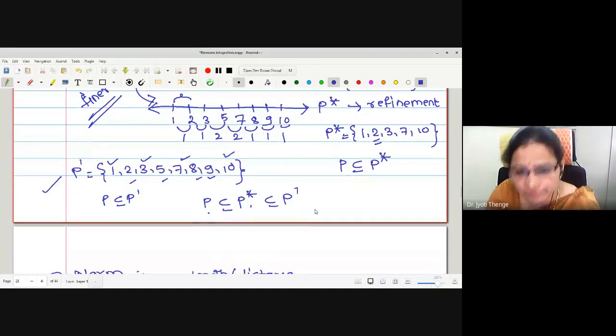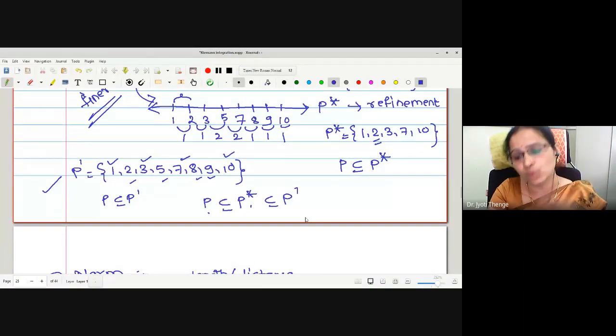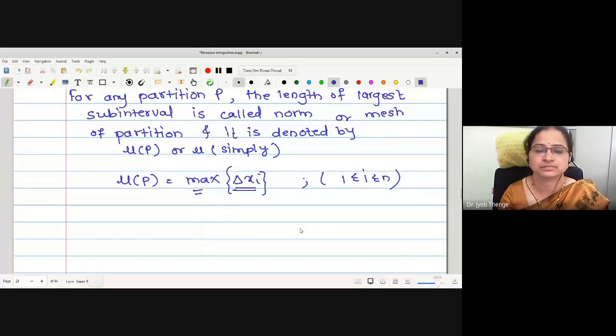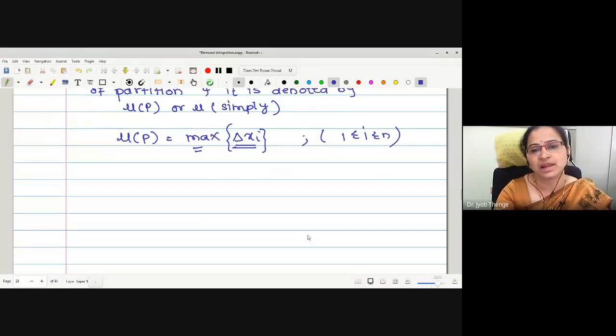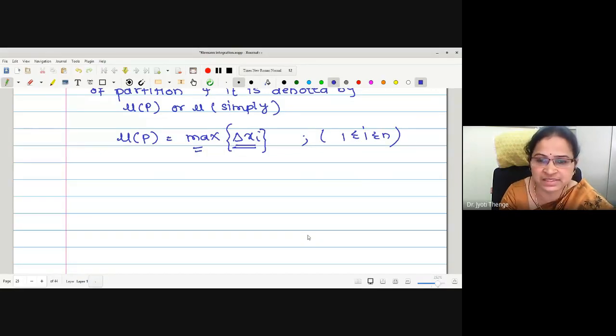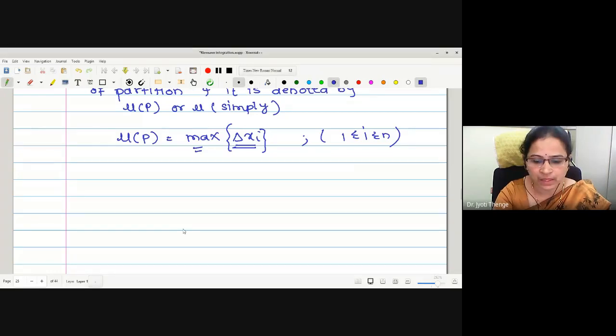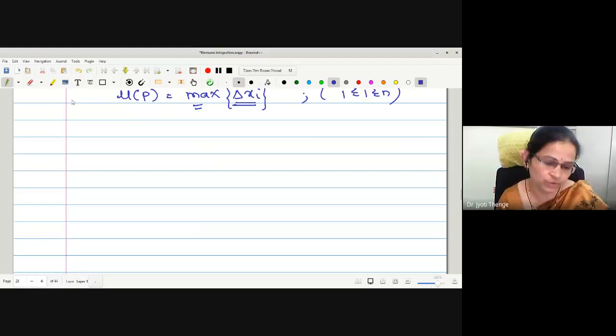Yes. Right. Okay, and if we make equal partitions, equal subintervals, then what will be the norm in that case? Norm is the length of any subinterval. Length of any subinterval I can say in that case, because the subintervals we have taken to be of equal width or equal length. Right now? Okay. Any doubt with the two definitions, refinement and norm of a partition? No, ma'am. Yeah, okay.